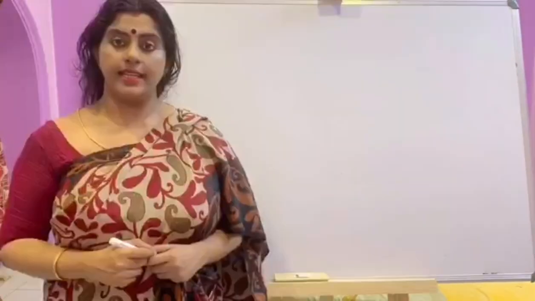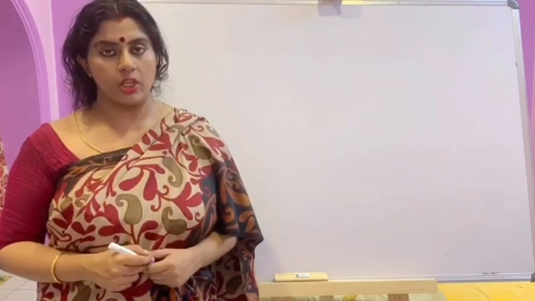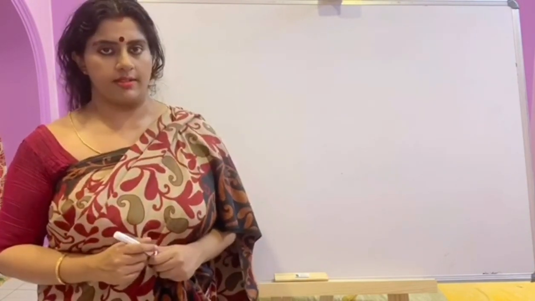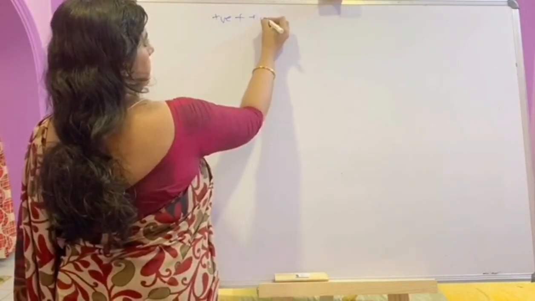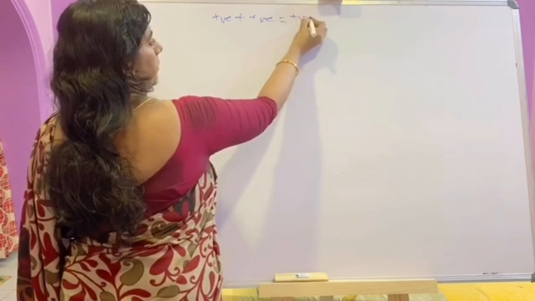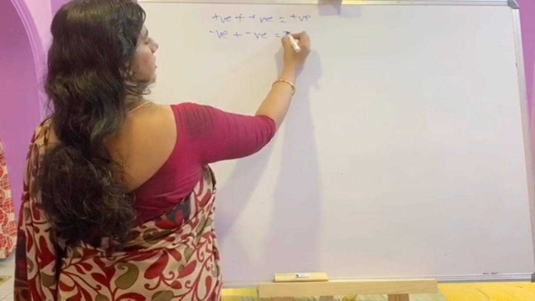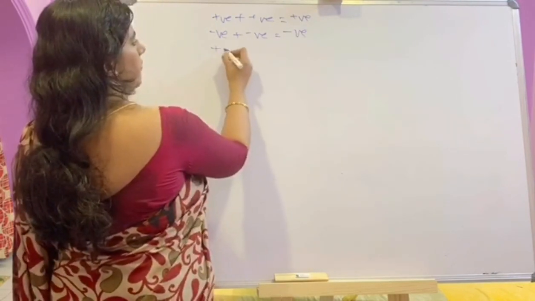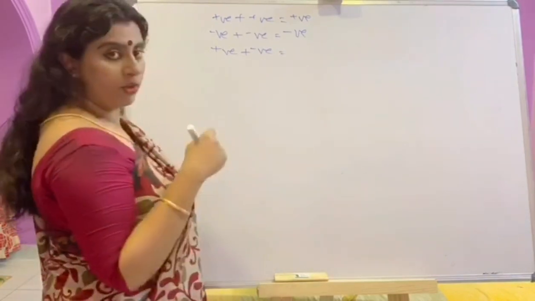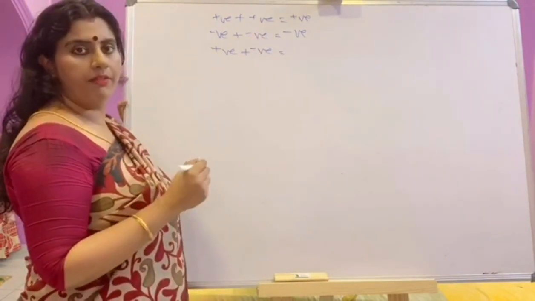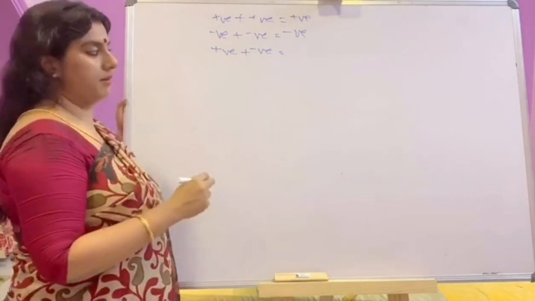Next we go to integer operations, that is addition, subtraction, multiplication and division in integers. Positive plus positive number is a positive number. Now, negative number plus negative, the answer will be a negative number. If a positive number and a negative number are added, then you have to subtract the smallest number from the greatest number and put the sign of the greatest number.